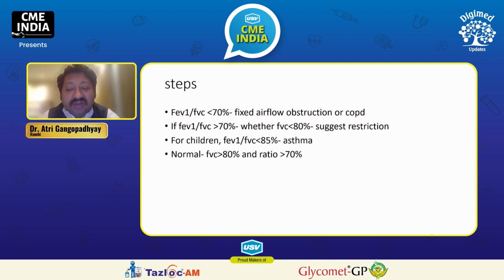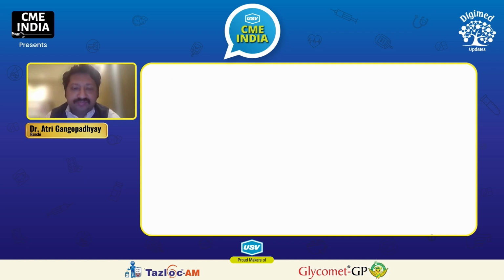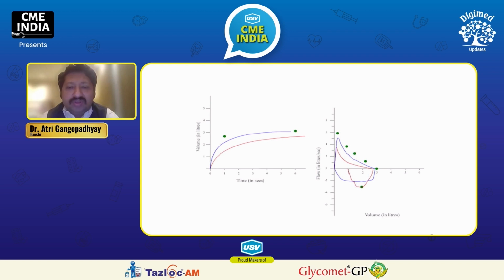But look at the curve, look at the graph first, then look at the predicted values. These are some model curves. The red curve is something pre-maneuver or before the medicine. After the red curve, we gave that inhaler, SABA inhaler, short-acting beta agonist, 200 to 400 microgram. We waited for 15 minutes, and after 15 minutes, we repeated the maneuver, and the blue curve is the post or after the medicine. We can all see the blue curve is reaching much, much higher values than that red